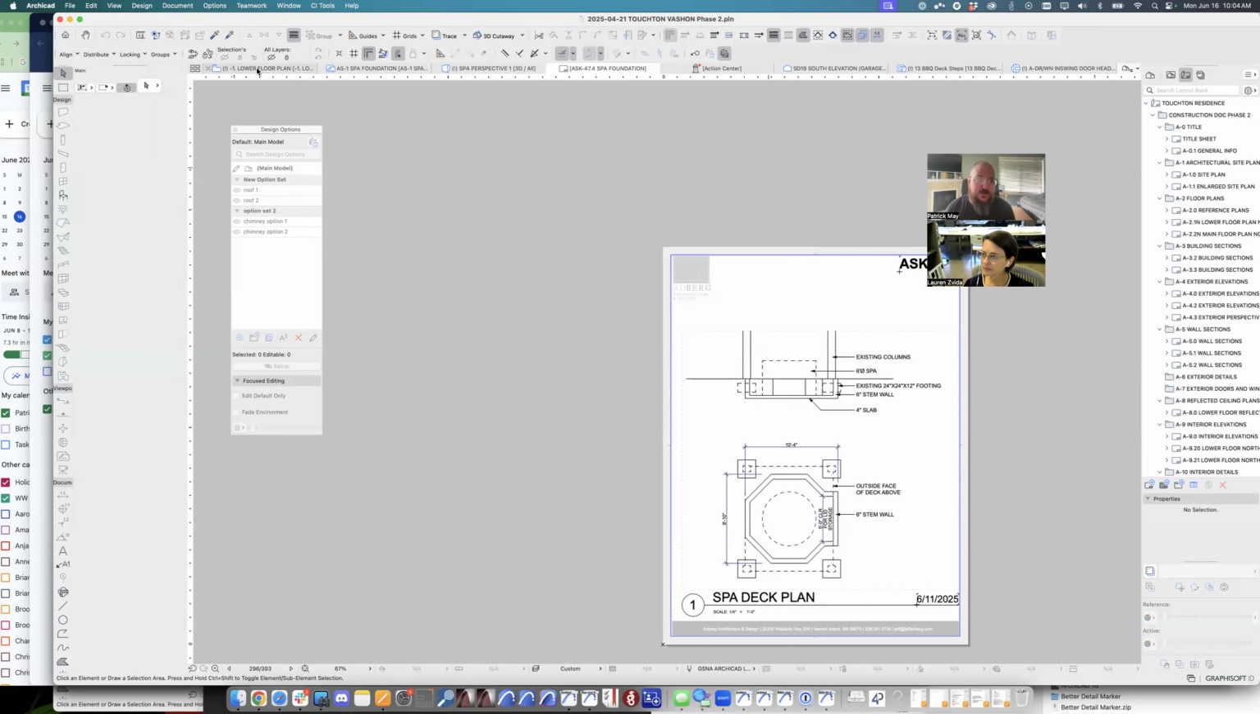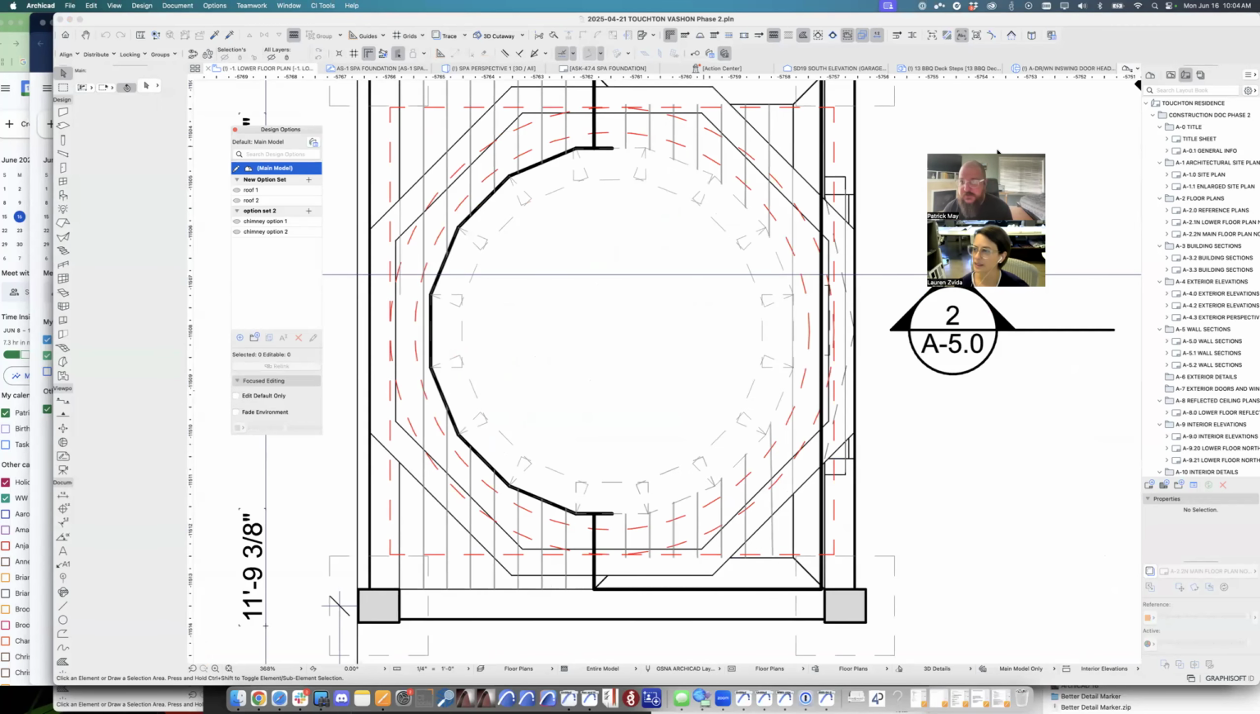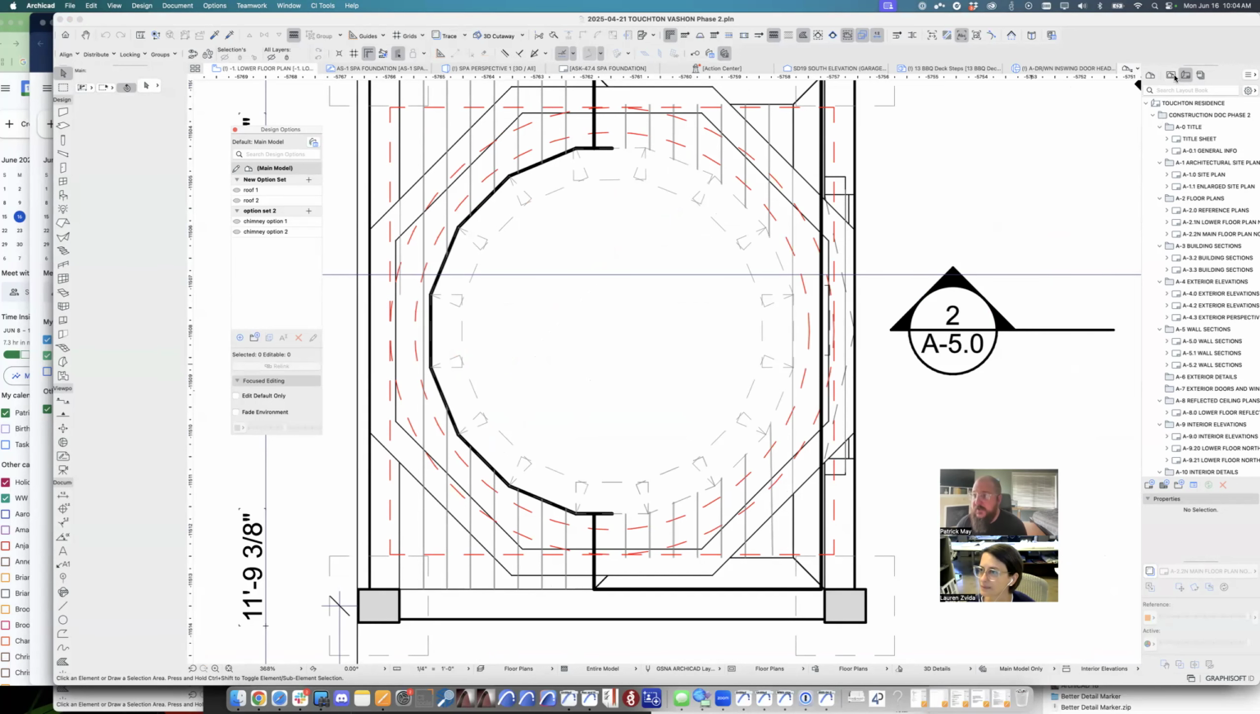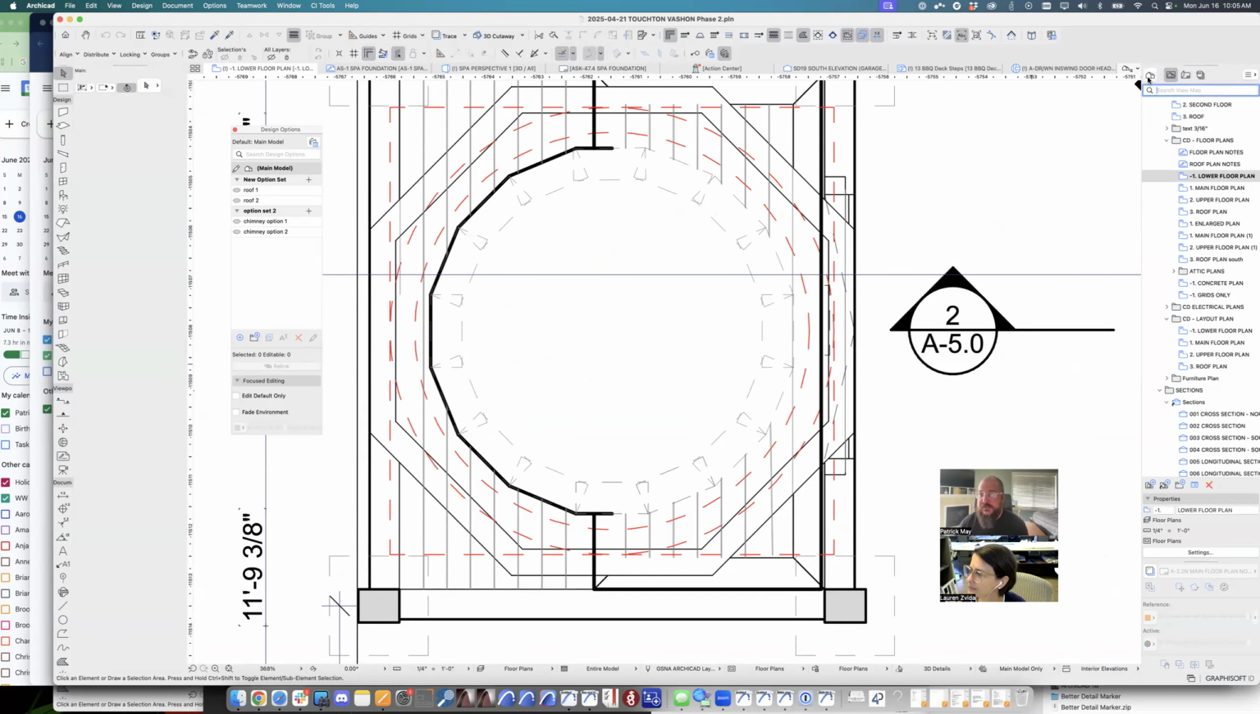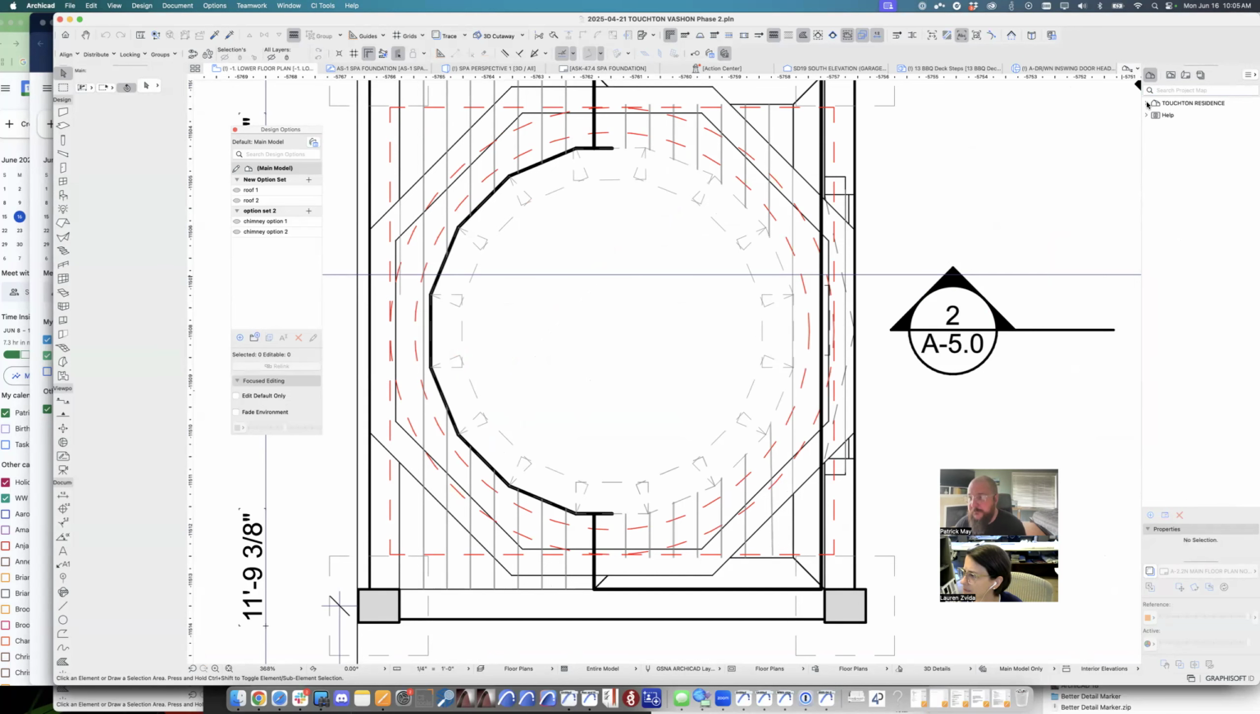I'll upload the recording when we're done here, and then you can kind of back reference that. Okay, so the first thing I want to do is in my project map,